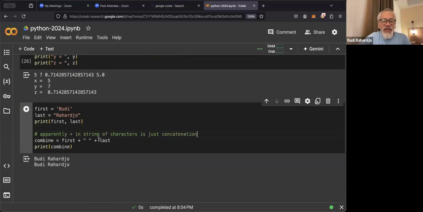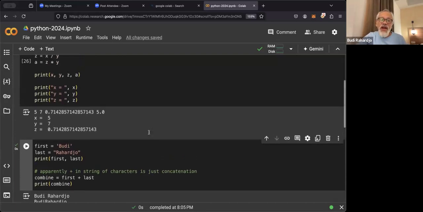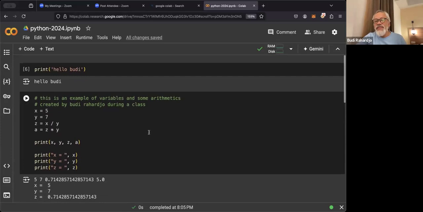So this is just a note for me, for later when I open this one. It's a good habit to put comments in your code, because again, in 6 months or even 3 months, you will have forgotten what this is all about.